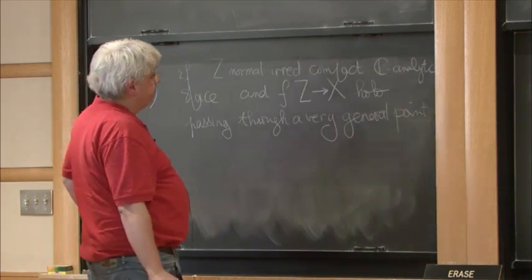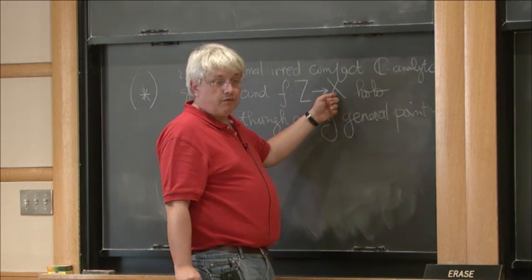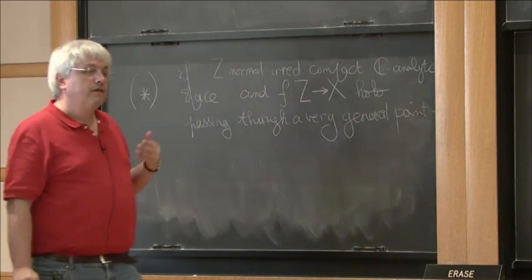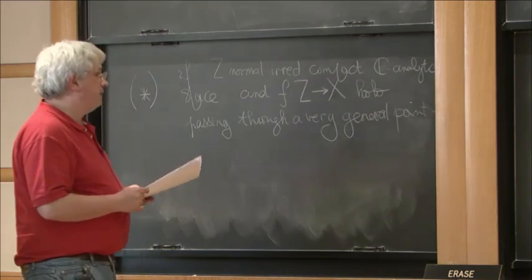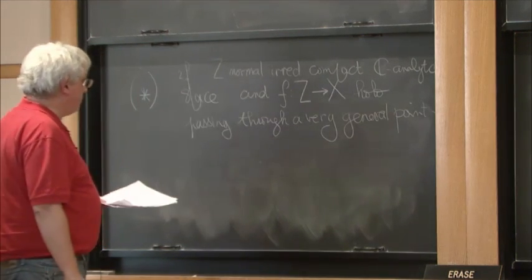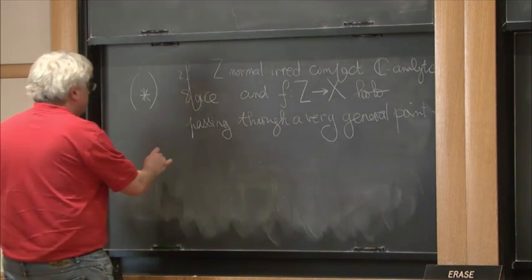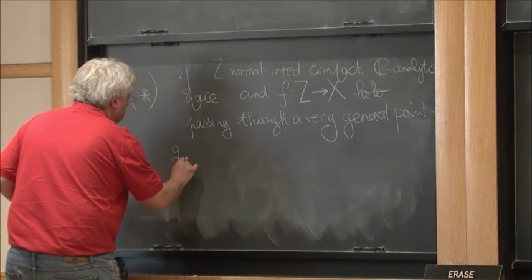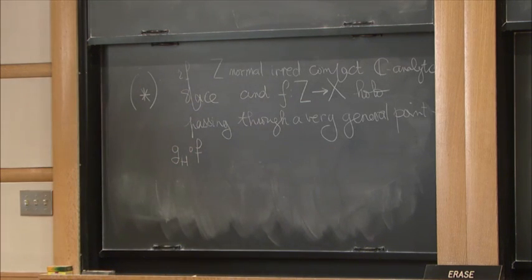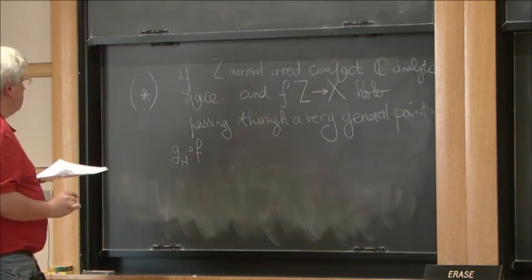Some of them are not equal to X, and very general means outside of this countable union of complex analytic subsets. So if Z is such an object, in particular, it certainly avoids the indeterminacy locus,